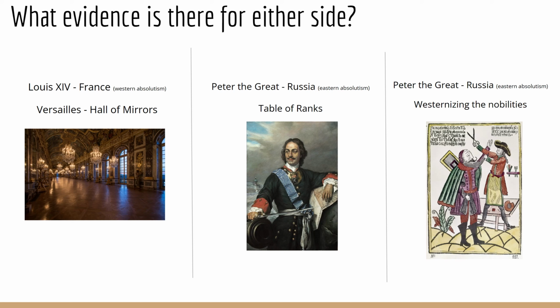Peter is cutting the noble's beard, which is symbolic for their traditional Russian culture, which for the nobilities is a connection to their initial noble status. And by cutting those off, Peter the Great is essentially disconnecting nobles from their initial status and therefore helping him to redefine the noble status with their ranks in the state government, and therefore remarks another difference with Louis XIV.